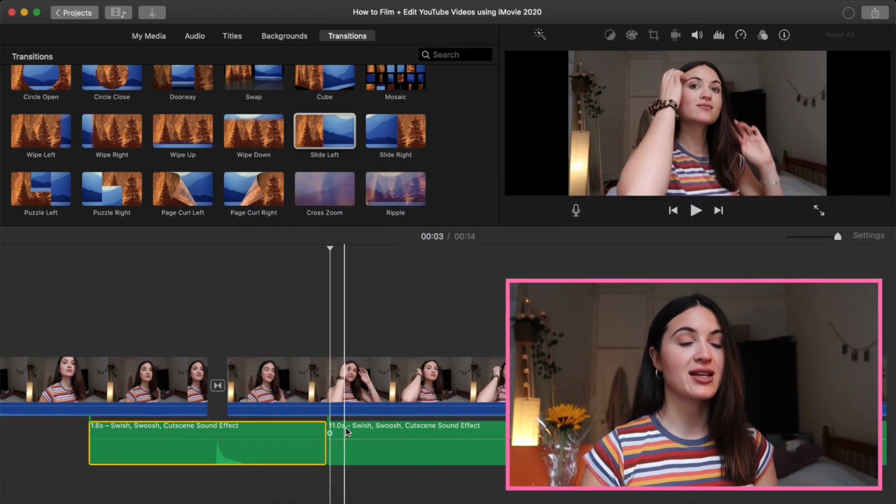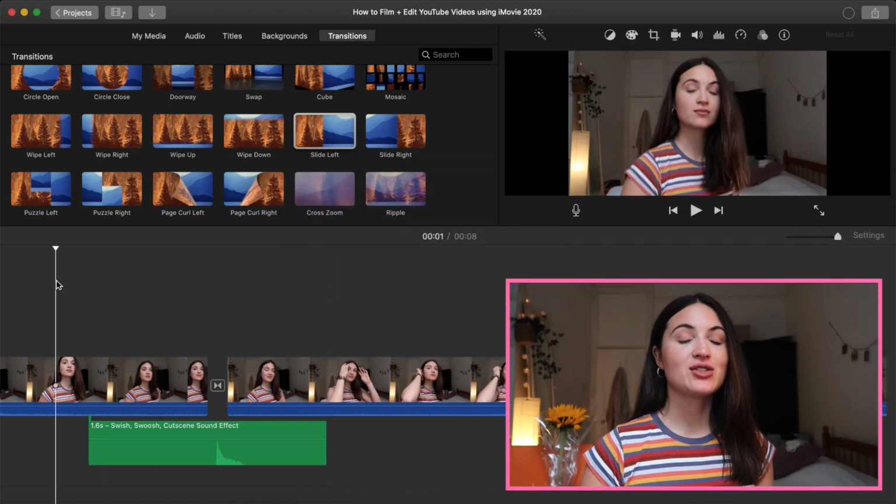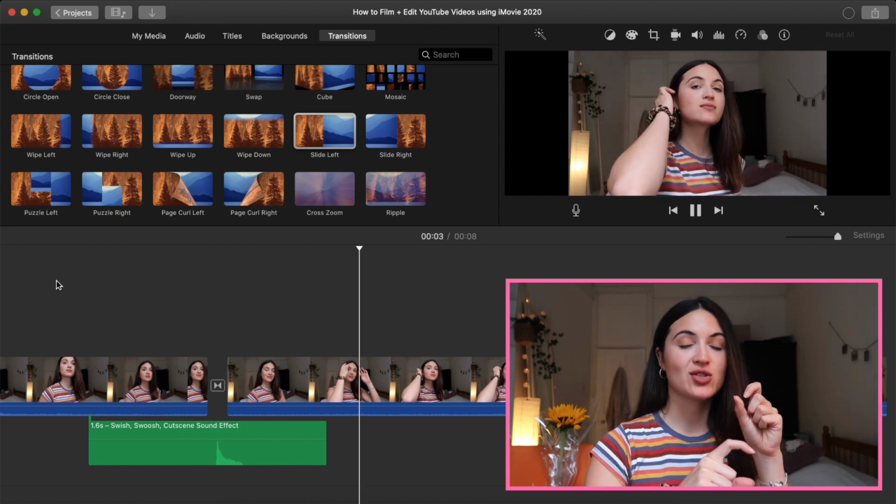Now, transitions aren't that important. You can just have very basic cuts, but sometimes it makes it a little bit more obvious that you're changing locations or you're changing topics by inserting a transition. I really don't like cross dissolves and things like that. It's very old-fashioned. I would recommend using something like a horizontal slide and then putting a swish sound effect with it,